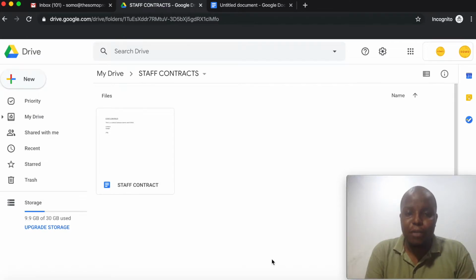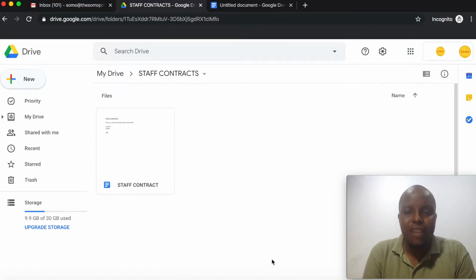Today we will be looking at Google Docs, or Google Documents. Here we'll learn how to create a Google document and how to interact with Google Documents. Google Documents is the one place where you can create your letters, create your documents, and